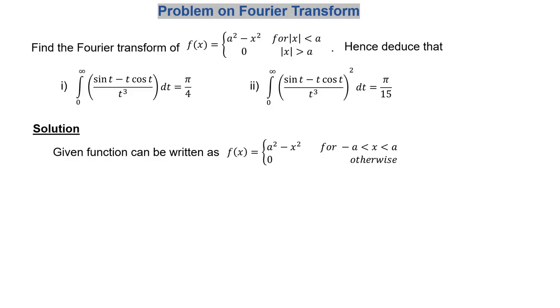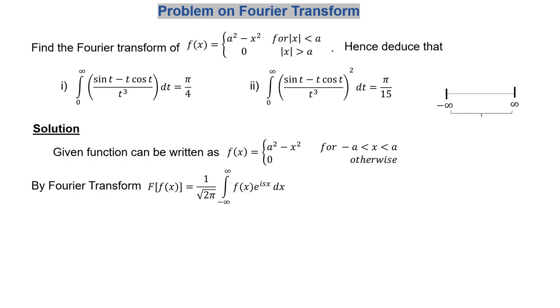Then let us consider the Fourier transform formula. We know that F[f(x)] = 1/√(2π) ∫ from −∞ to +∞ of f(x) e^(isx) dx. From this formula, we are going to split this integral